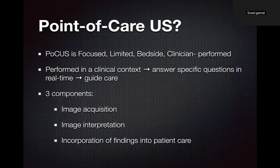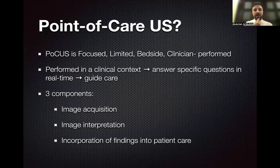So what's point of care ultrasound? I want to keep it very simple. It's a focused, limited, bedside, and